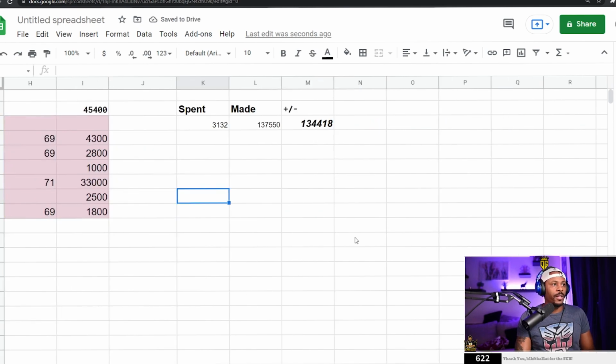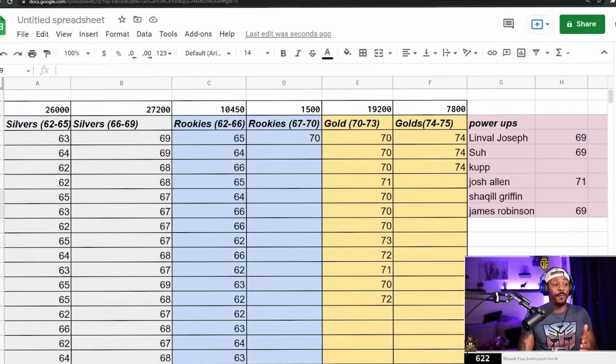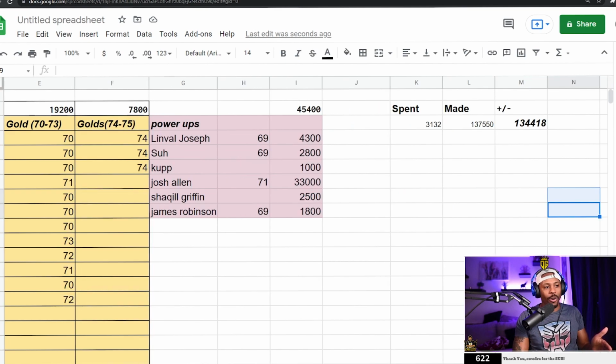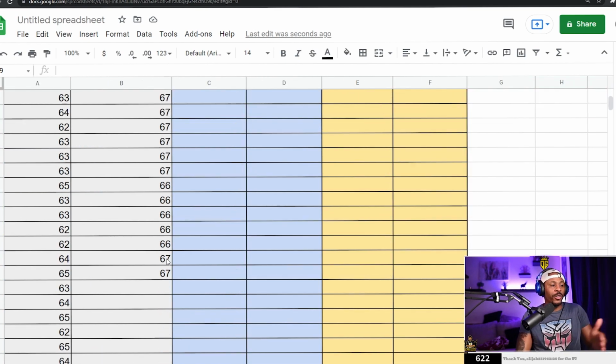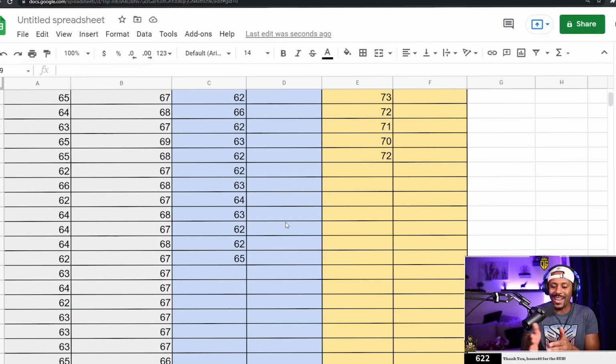All right. Now we're gonna make 134,000 coins off of just opening up Get a Gold packs. So we went from spending 31,000 coins to making 134,000 coins in just a simple hour of Get a Gold packs. Now you'll see I didn't pull a bunch of high level cards, but because there aren't a bunch of 90s,